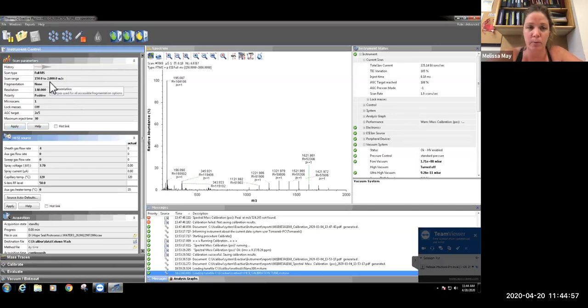We do when we're running an actual method, and I'll go through how that is, but basically our tune file that we have loaded, the one that's loaded right now is actually for the calibration. If you have your resolution of 140,000, our polarity is positive. We're doing 1 microscan, lock masses are off. Our AGC target is our